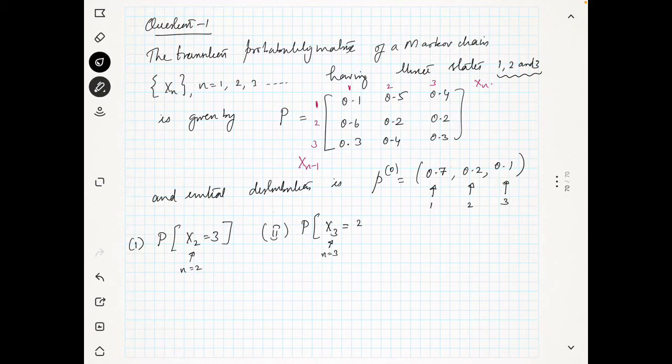So x2 is equal to 3 and x3 is equal to 2, and x2 is equal to 3, comma x1 is equal to 3, and x0 is equal to 2. That means starting from state 2, it goes through this transition and finally reaches state 2 again in the third time instant, or the third step. Now we have to find